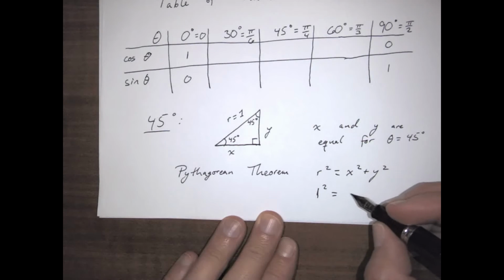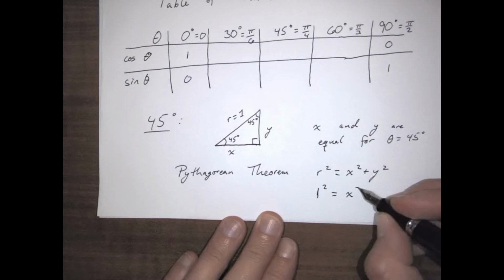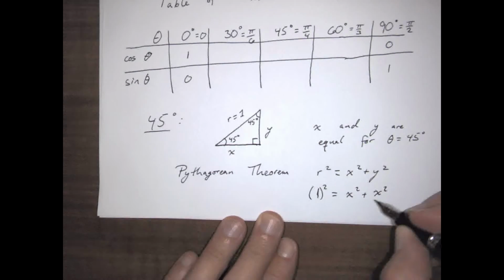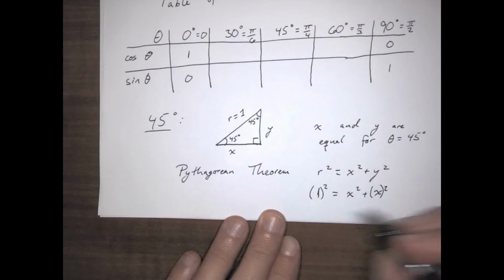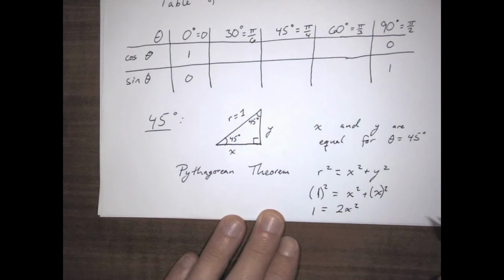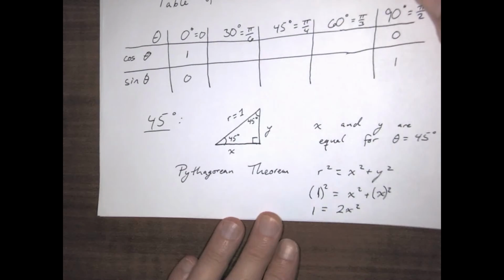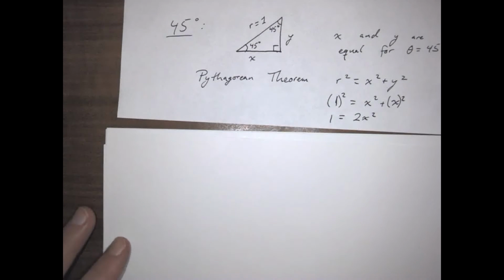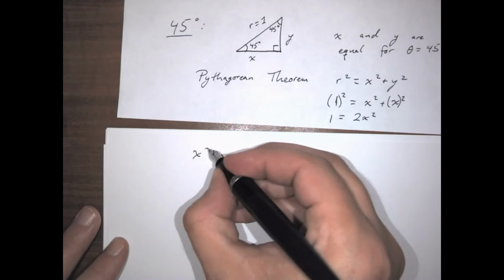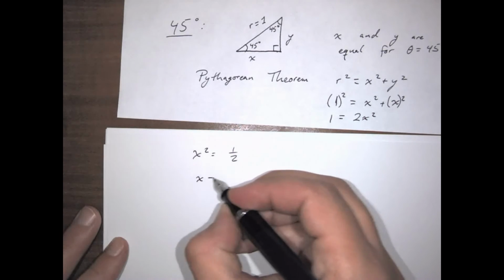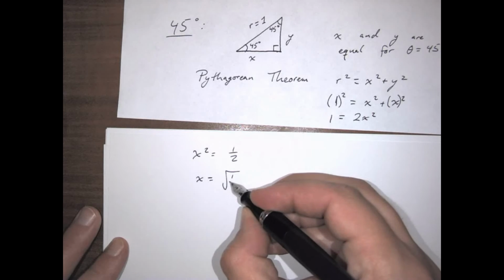X squared and y squared are the same, so I can just say x squared plus x squared. So in other words, 1 equals 2x squared. But what's that mean? What that means is x squared equals 1/2, which means x equals the square root of 1/2,